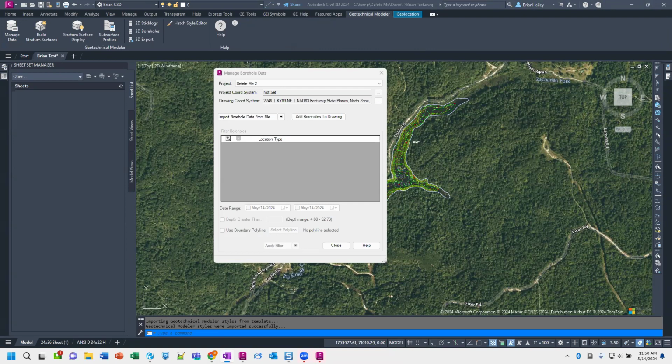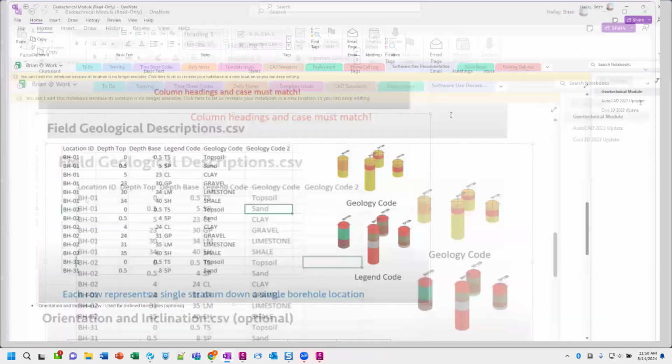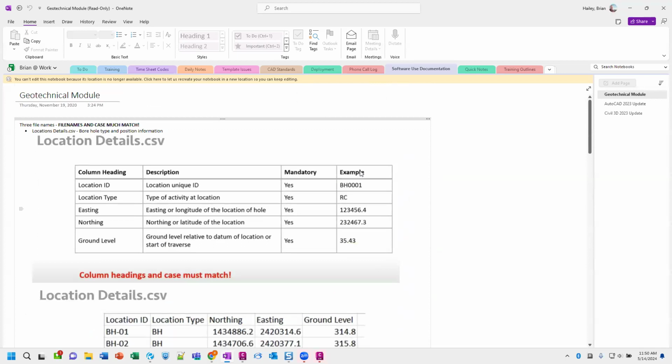I think this is where I put it. Yeah. All right, so I found a